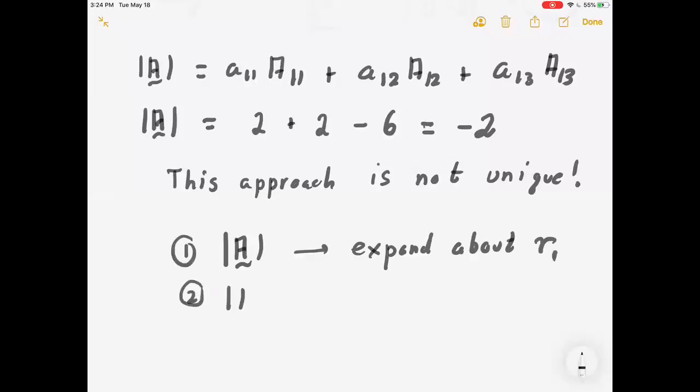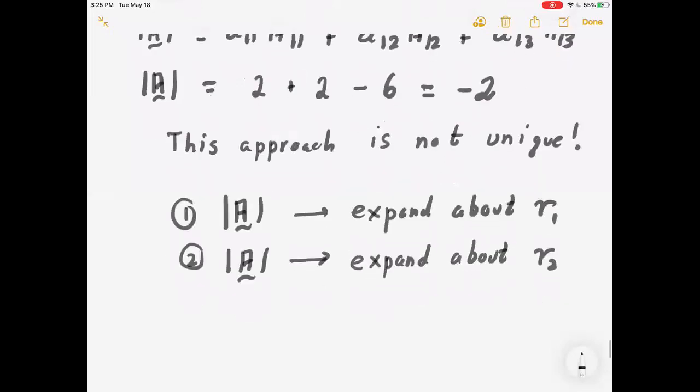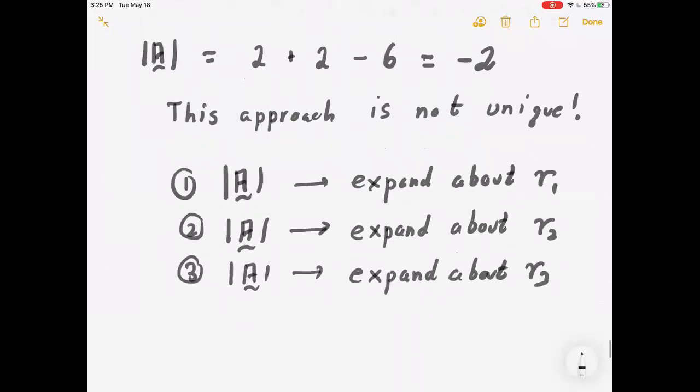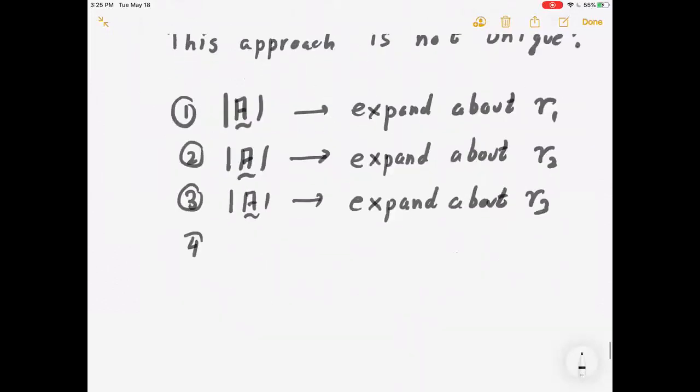I invite you, and you'll do this on the problem set, but I actually invite you to do this because this is the only way to make sure you see what's going on. To do this calculation again, but do the expansion about row 1, row 2, and row 3. And you'll discover, if you do the determinants right, you calculate the minors correctly, which is to say you calculate the cofactors correctly, and you use the right matrix elements for row 1, row 2, row 3, you should get